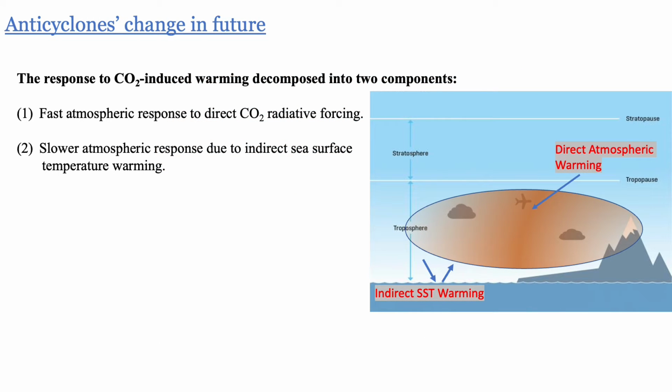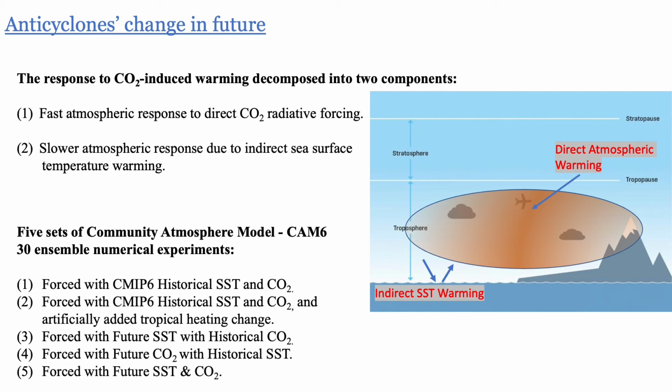Now, to separate the influence of different forcings on the Southern Hemisphere subtropical anticyclones in future climate, we decompose the warming in future into two components. First, the CO2 increase in the future atmosphere that directly changes the radiative forcing and changes the climate. Whereas the second part is indirect sea surface temperature warming from the CO2 forcing that in turn slowly increases the atmospheric temperature. To understand this more, we run 5 sets of CESM2 CAM6 numerical experiments with different sets of